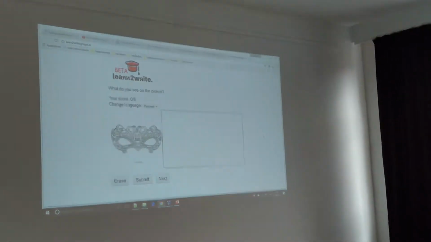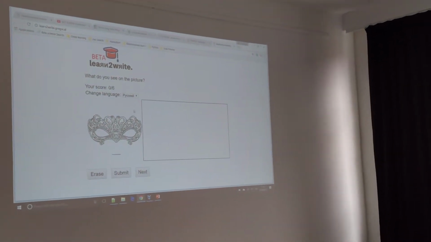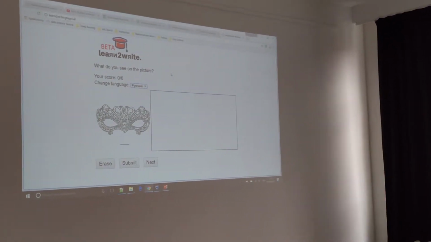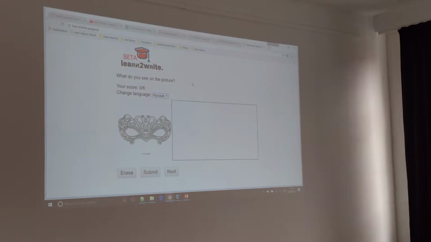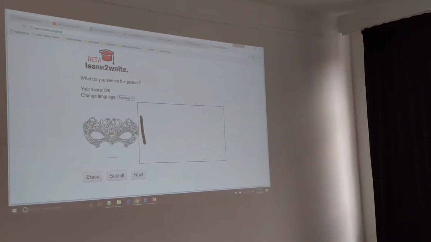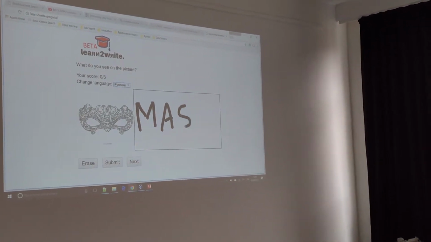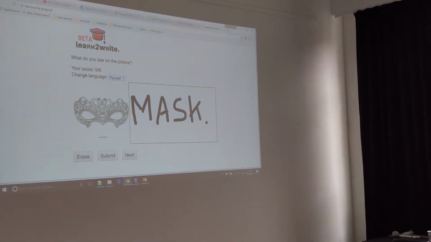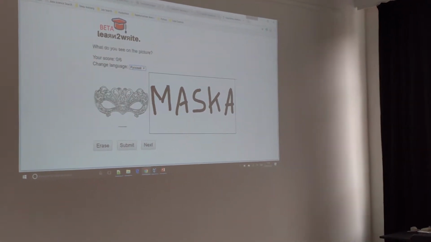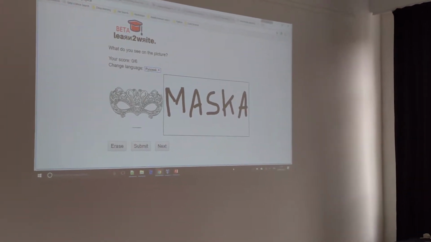So here is the idea. You can choose the language you want to write in. We start with Russian here. The idea is that we show an image and you need to write what it is. In this case, this is a mask, and let's say I write it intentionally with a mistake, because in Russian mask is called maska, but the S is not drawn like that, it's drawn differently. So if I submit it,